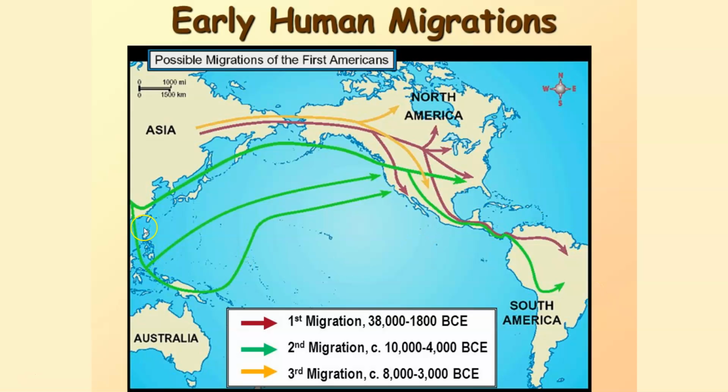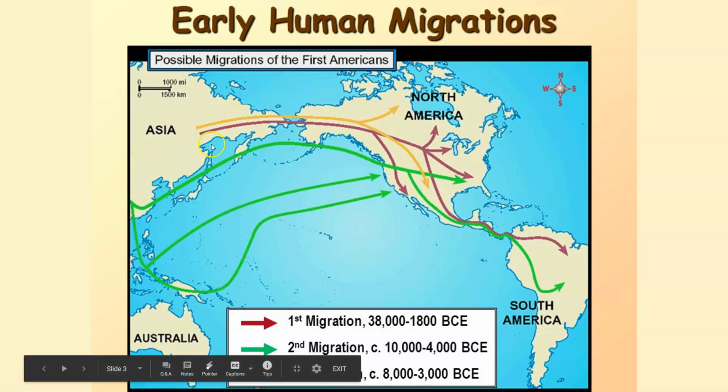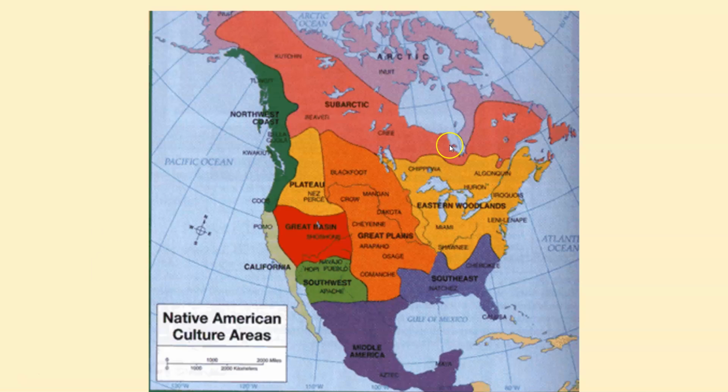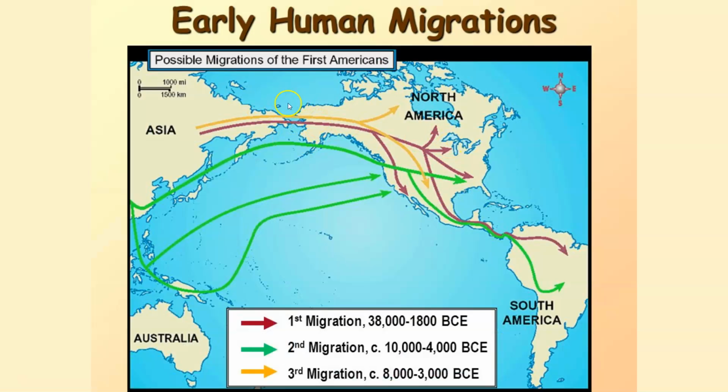So this map is showing you how the Native Americans came to North America. They were actually from Asia, and they came in separate waves. As you can see, the first migration, second migration, how they came over. There was an ice bridge at one point between the two continents, between Russia and Alaska, and that's how they traveled over. And this was probably by boat, we're just guessing, but that's how the original people came over.